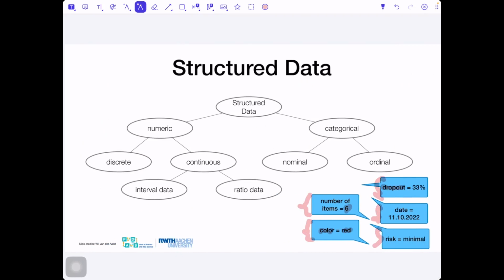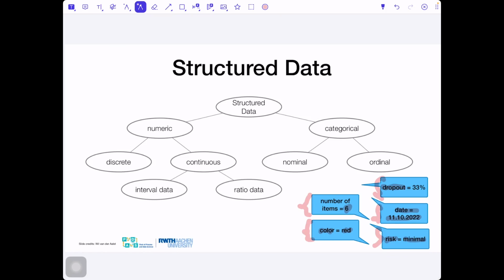Statistic class, for example. Date and risk. Risk is minimal. Could somebody, or many of you at the same time, tell me to which type of the structural data every one of these blue boxes belongs?